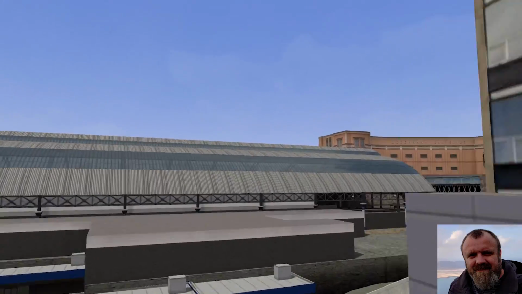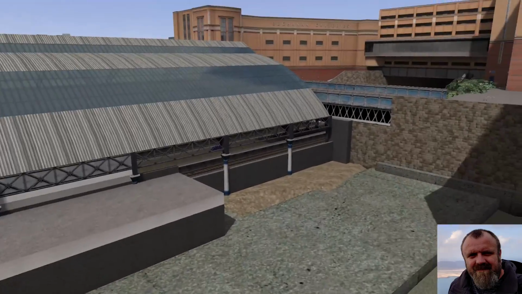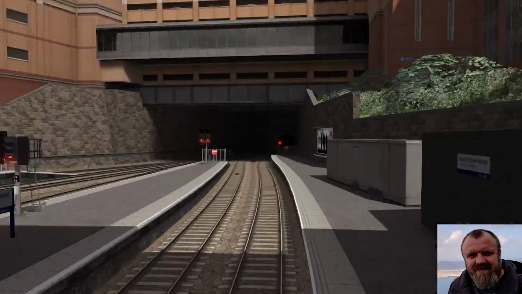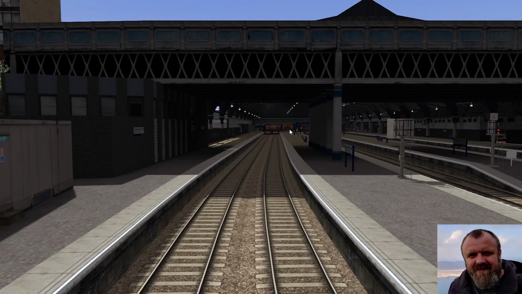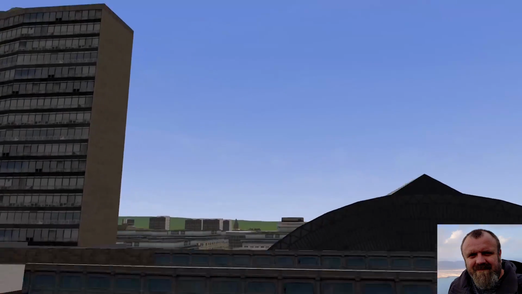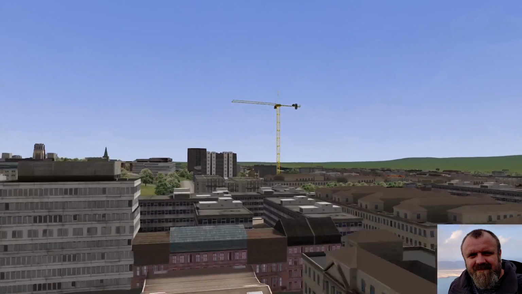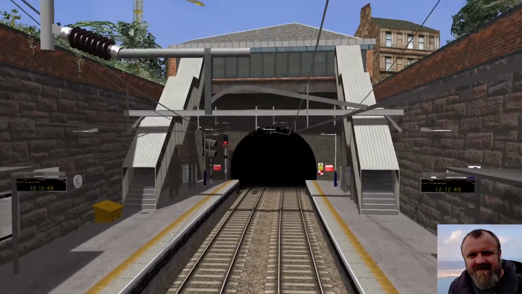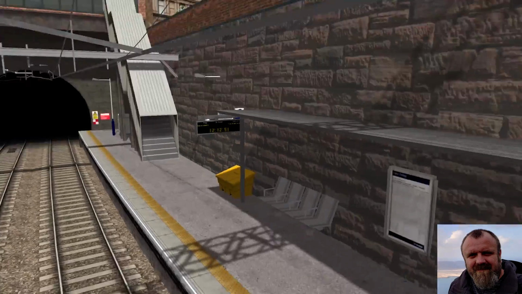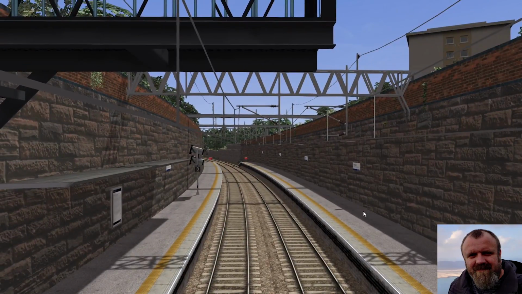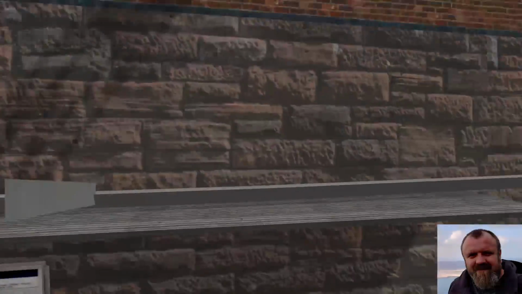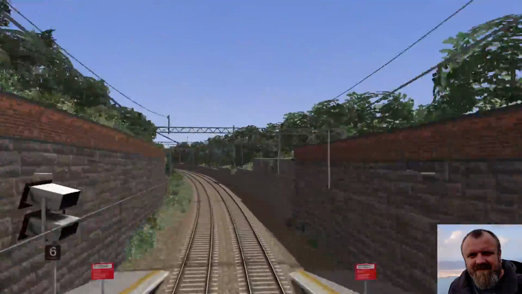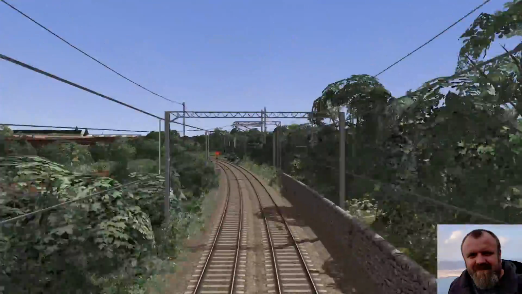Also part of the route is Queen Street high level. This is not electrified, actually. We had discussed maybe electrifying it, but the two scenarios that you would operate from this are not electrified scenarios, so it wasn't really worth doing. So I'll continue along here to High Street, and again the building at the end of the platform has been custom made by Rivet. High Street itself is kind of pieced together, but I think it looks okay. Between High Street and Belgrove was the end of phase 2.